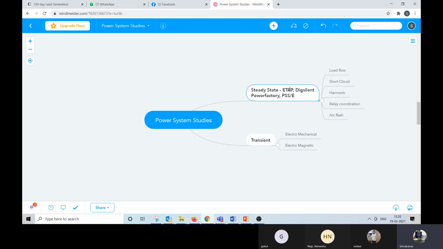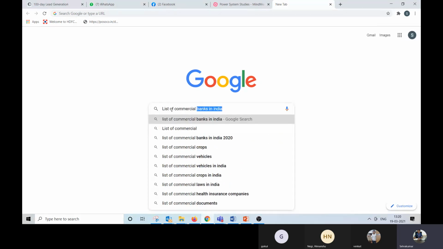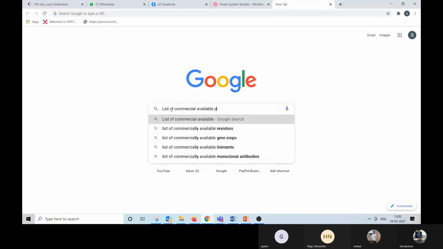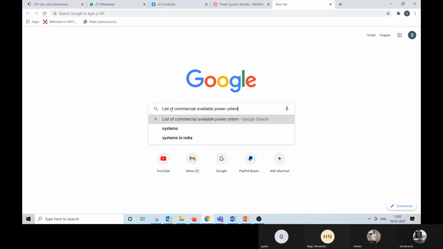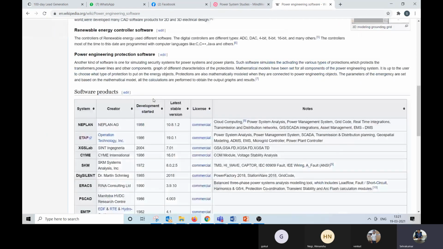There are plenty of other simulation softwares. As I told, you have SIMEC, you have SKM, you have Aspen. Even if you Google a list of commercially available power system software, you will get many.